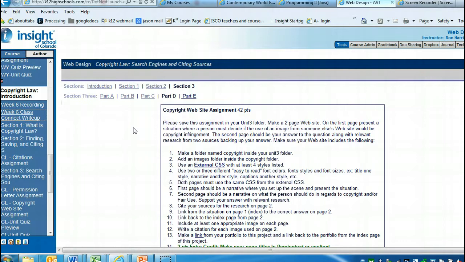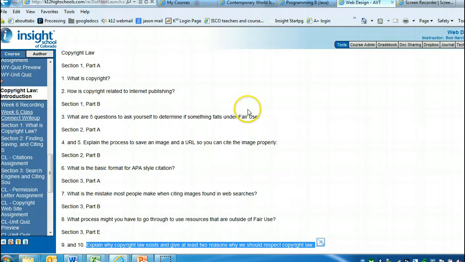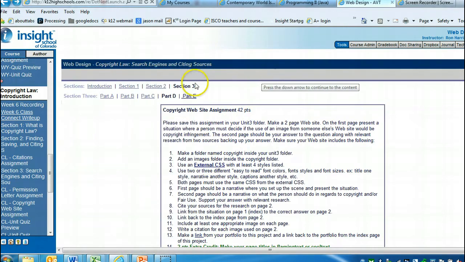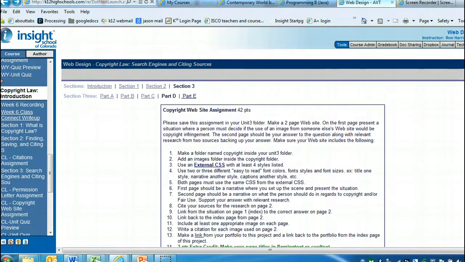Let's go back to the Class Connect write-up. Okay, so what process for the permissions letter? And then Section 3, Part E, explain why copyright law exists and give 2 reasons we should respect copyright law. So that's Section 3, Part E. So, okay, Part E. And actually, this is